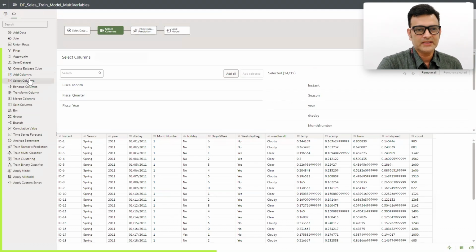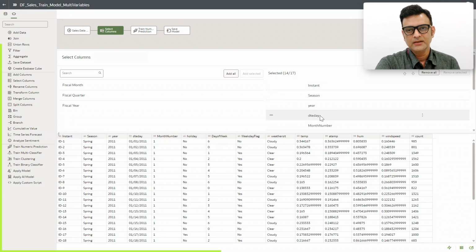Okay. So in this case, what I have done is I have used the day column and I had derived the month, quarter and year from the date column itself as part of enrichment, right? So what I have done is I have removed these three columns from the model building exercise. Now, once I identify, okay, these are the columns that I need to build the machine learning model, the next step would be to add a step that would actually create the machine learning model.